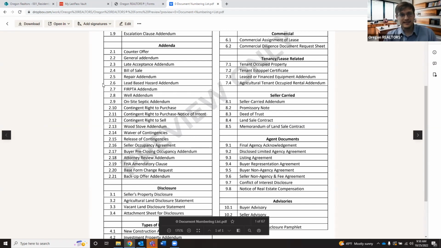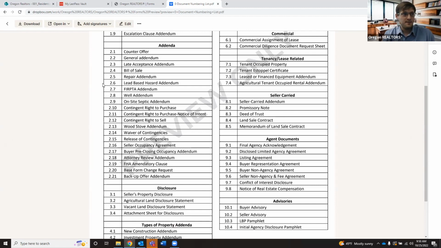This is the lead-based paint addendum. Federal law defines lead-based paint as essentially anything that is a lead-based hazard. So we just cut out the middleman and make it a lead-based hazard addendum. This means, so for example, we've had questions on the legal hotline, and I guess I'll back up a step. On the legal hotline, we get various questions about forms and various questions about interpretation of things. So we have sort of a finger on the vein of the field itself. We know roughly what realtors are struggling with in their transactions when they call us up and ask for help